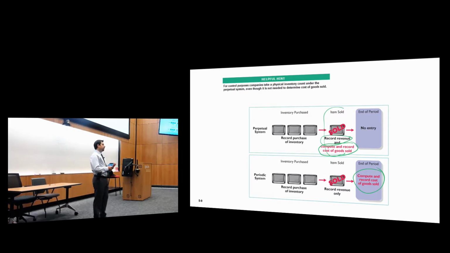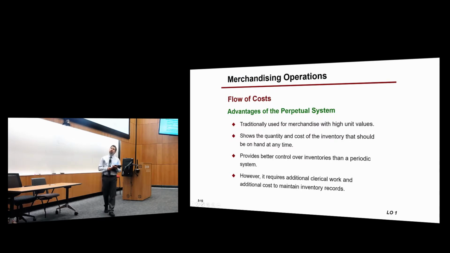Okay? Now, as you can see, under the perpetual system, the companies don't have to make a journal entry at the end. Under the periodic system, they will be making an adjusting entry. Adjusting entries, remember, are treated separately from regular journal entries. Do you remember that? That's why we had a header or subtitle that says adjusting entries, to separate it from regular transactions. Okay? We mentioned this.